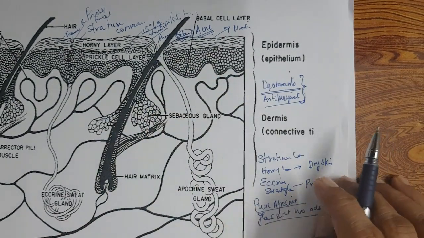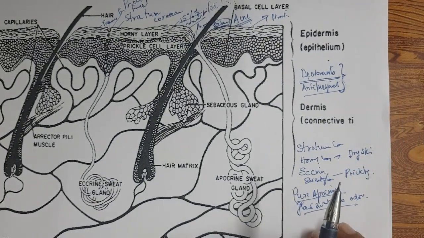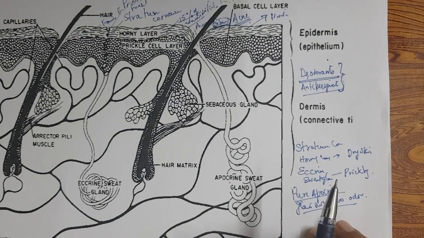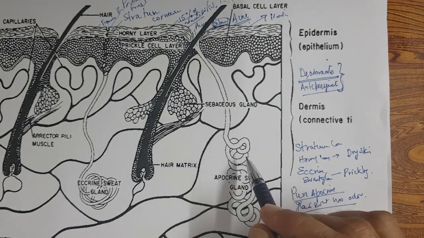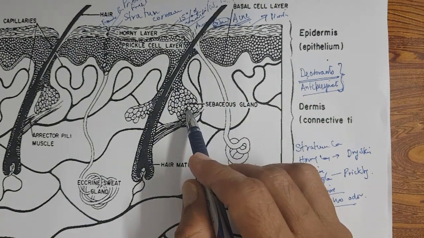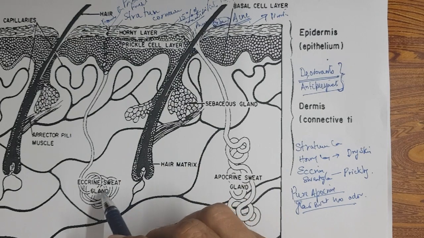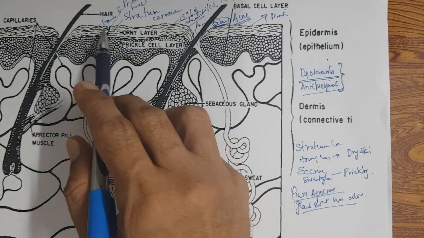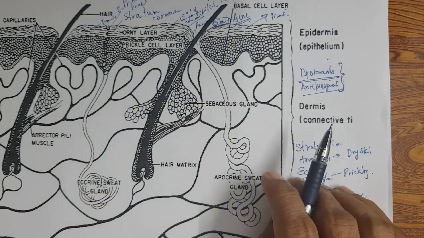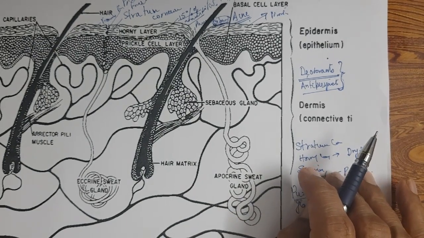Today we saw 4 conditions of the skin, which are responsible for 4 products in the market: antiperspirants and deodorants for body odor; anti-acne products and cleansers for acne from the sebaceous glands; prickly heat products for eccrine glands; and moisturizers for the horny layer, the stratum corneum, getting dry. You understood? I think it's very clear in this video.